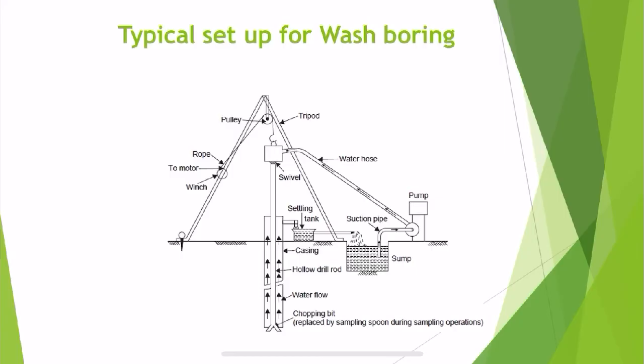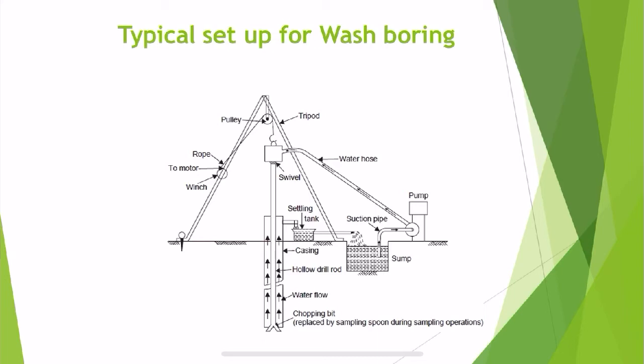First of all, what is meant by wash boring? Wash boring is used for advancing holes in the ground. Initially, the hole is advanced for a shorter depth by using an auger. Then a casing pipe is pushed in and driven with a drop height. The driving may be with the aid of power. This is not suitable in case of boulders and rock. In this, suspension is collected in a settling tank. Soil particles are allowed to settle down and water is allowed to overflow into a sump, which is then recirculated.